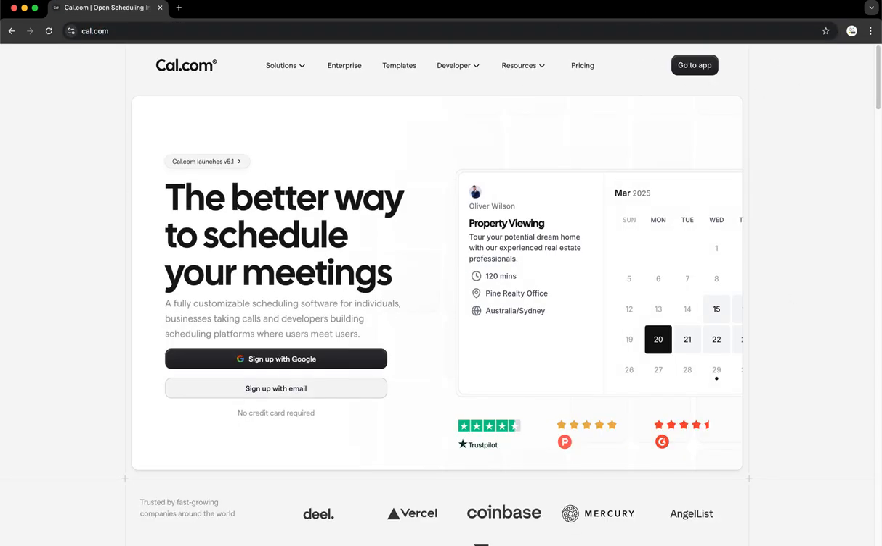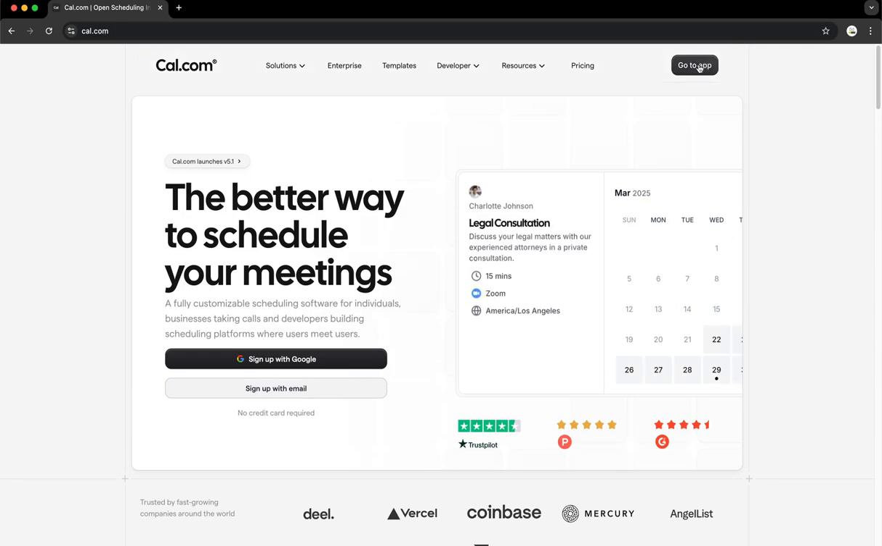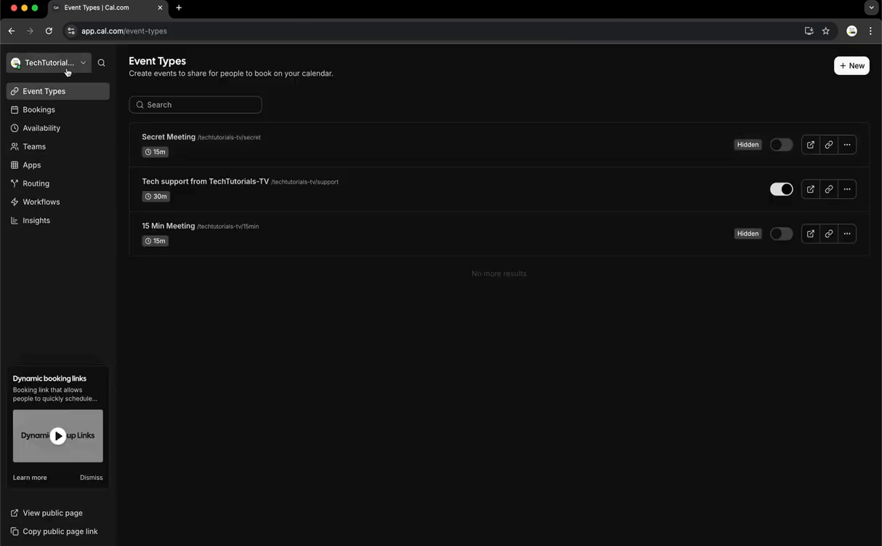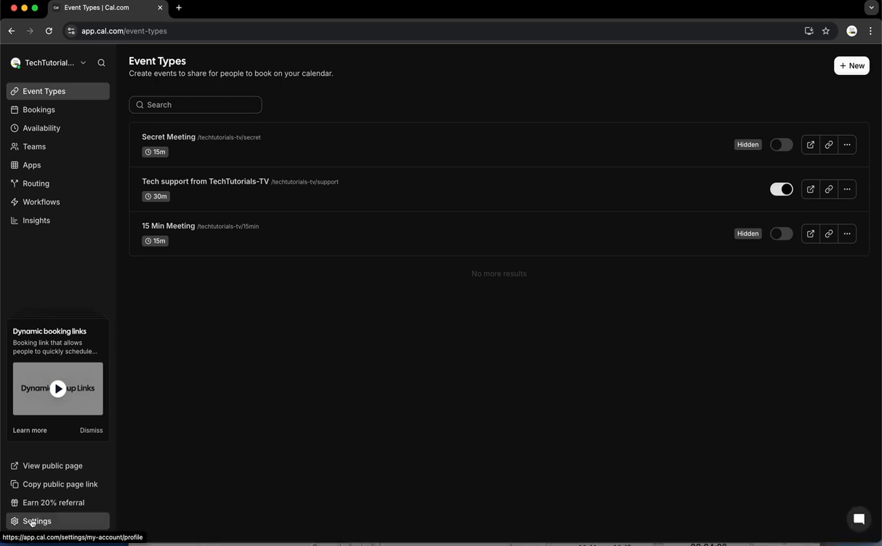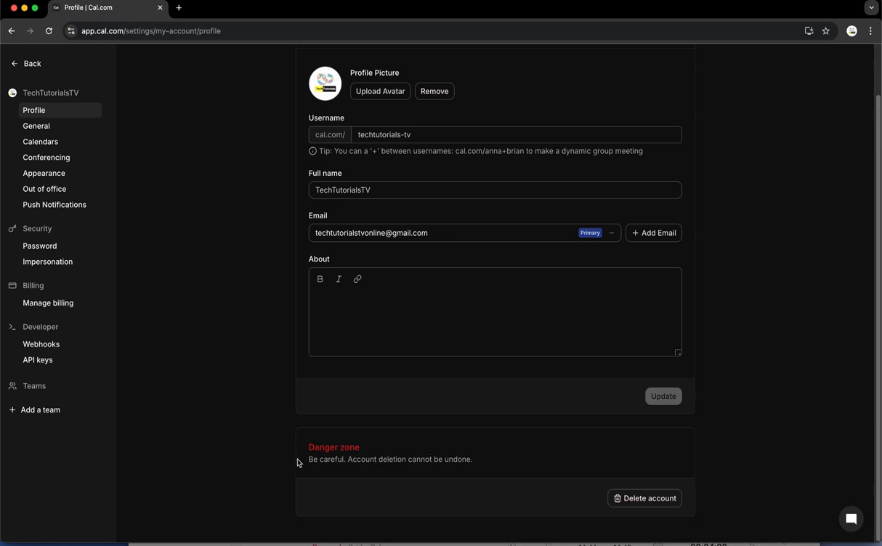So first of all, you have to log in. On the top right you can see "Go to app". I've already logged in. Once you go there, at the bottom left you'll see settings. And then on the settings, if you scroll down, you can see Danger Zone, and under Danger Zone you